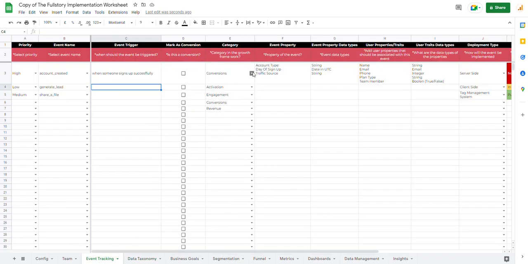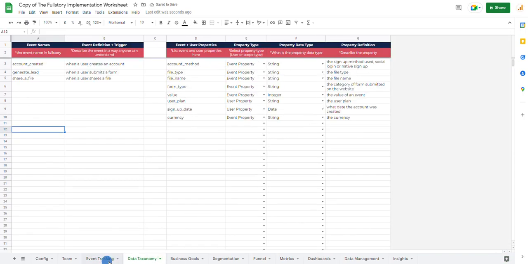Then the category, about five categories. Is it the acquisition category, activation? Is it a conversion? Is it an engagement, is it revenue? Then the event properties. You can add new ones. For example, we have a property here that says account method. So you can come here and say, okay,